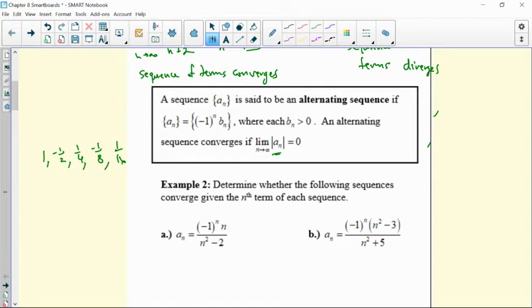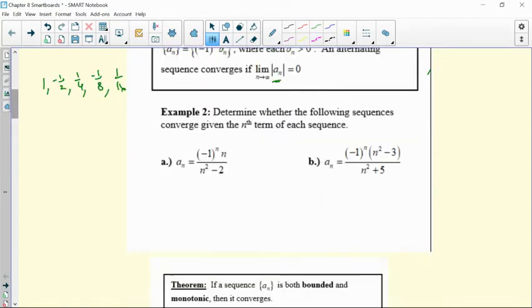So how do we verify that? How do we analyze that? We have to analyze it as an absolute value. So we know this alternates because of that (-1)^n. Anytime you see that (-1)^n, it alternates. And again, if you're not comfortable with some of the notation, then certainly take some time and list things out, right? So go ahead and list out